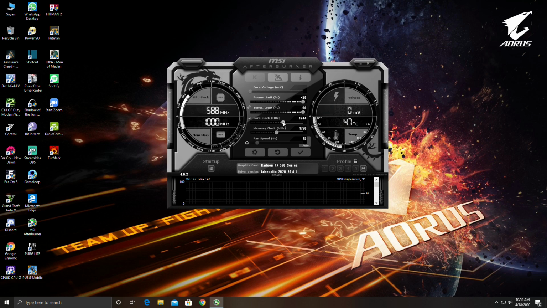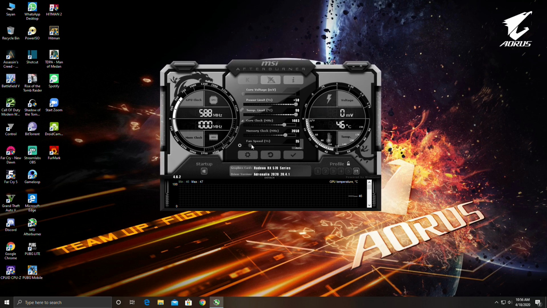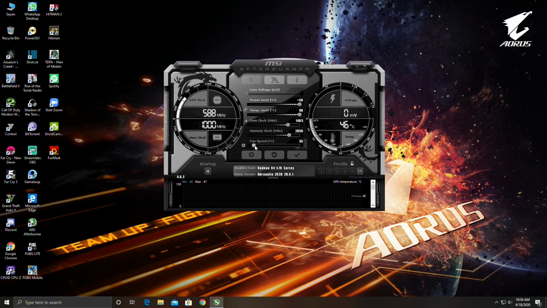Set the core clock to around 1400, let's say 1403, and the memory clock to 2050. Let us adjust the fan speed all the way to 100, and done.